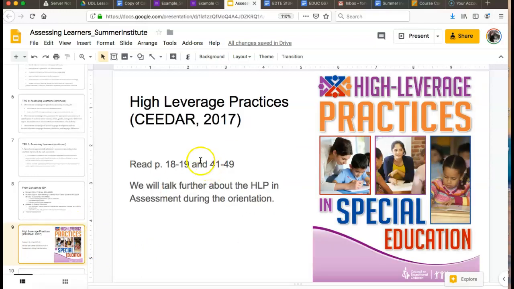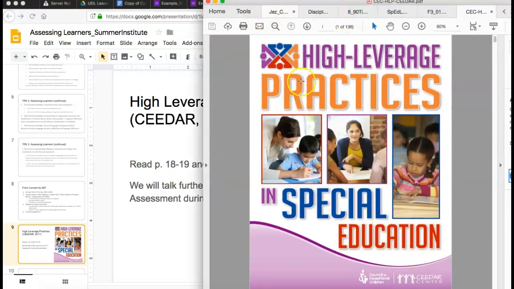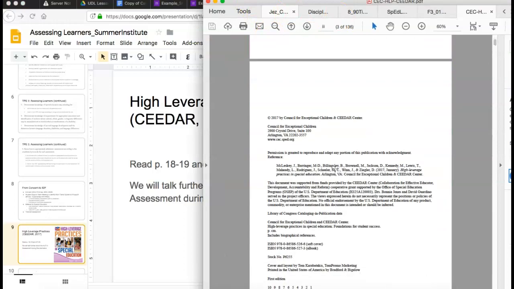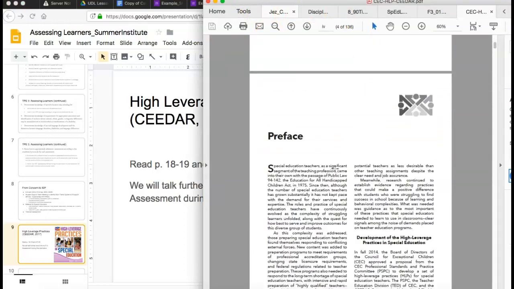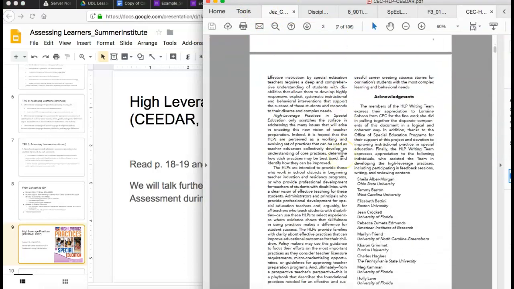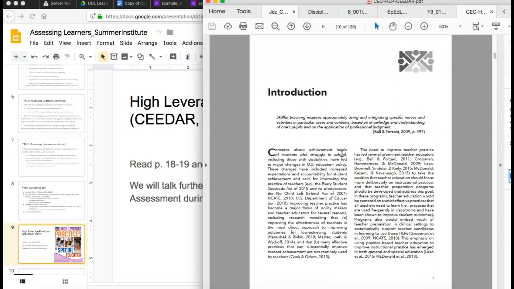All right, this is one of the documents that I wanted you to take a look at. So now I'd like you to pause and download this book that they have put together. I would just want you to read pages 18 to 19 and 41 to 49. I will show this to you right now so you can see it's a pretty extensive book. And I'm just having you read the sections on